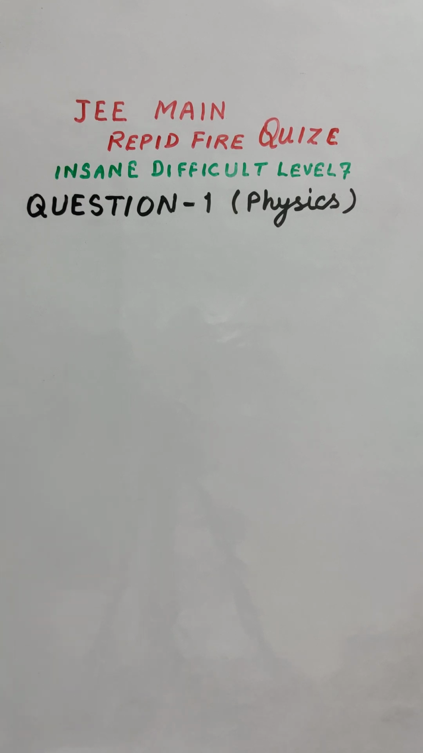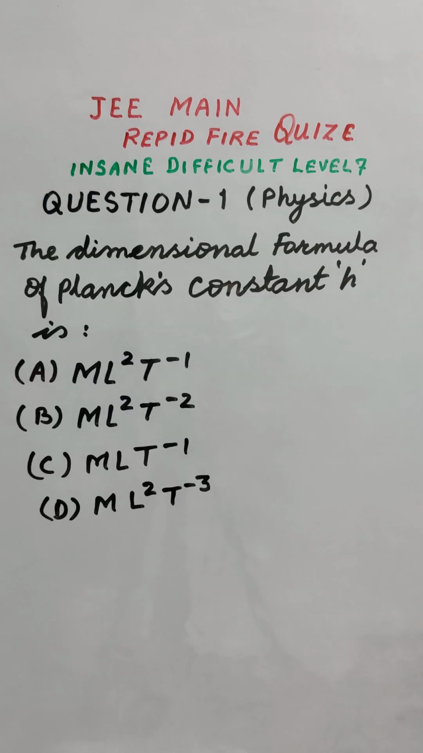Our question number 1 is from physics. Try to answer before the solution appears. Our first question is from physics. The dimensional formula of Planck's constant h is